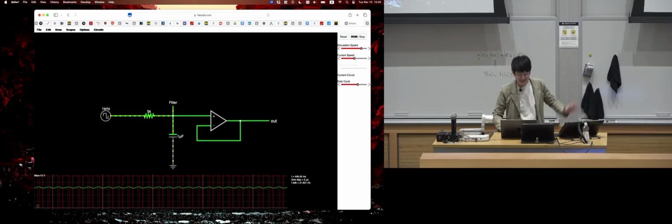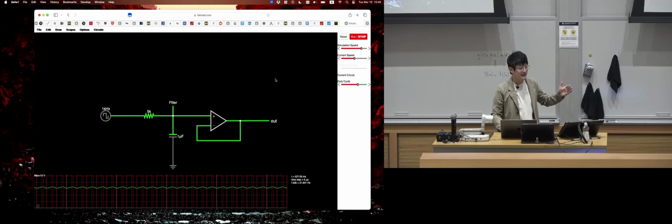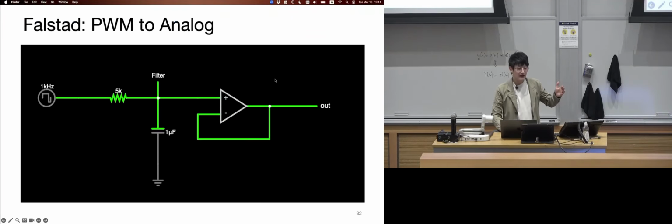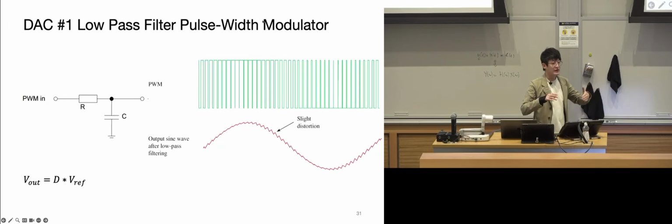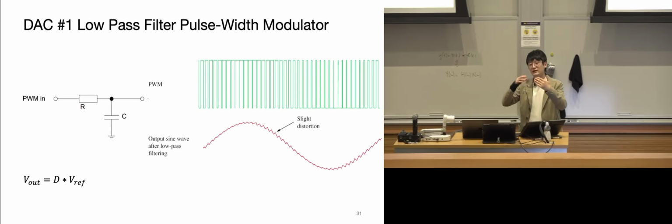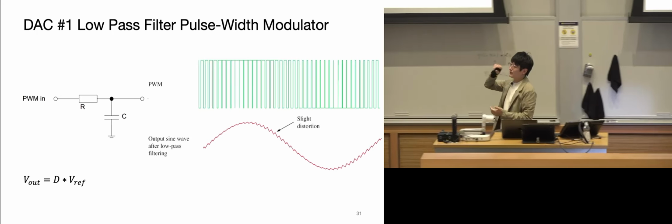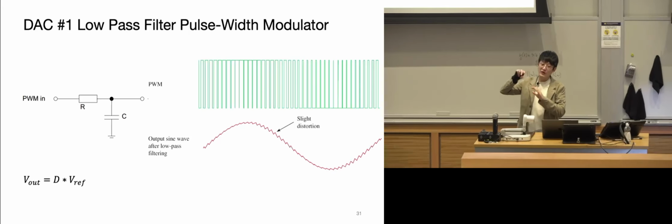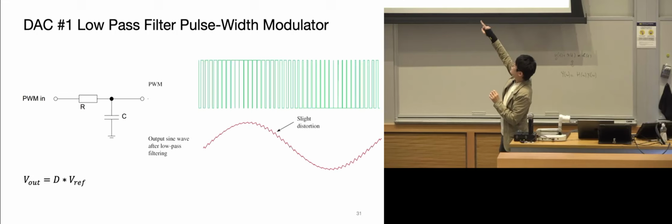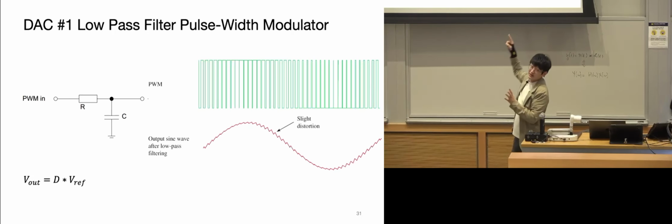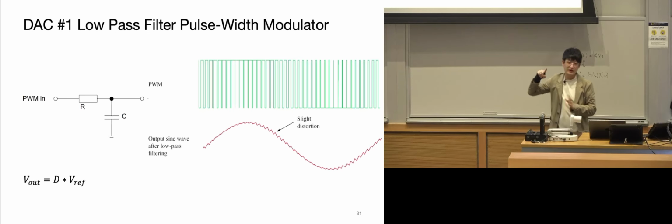Does this look good to everyone? How this type of DAC signal is generated? Essentially, a PWM signal corresponding to a value is connected to a low pass filter to ensure only the value that you want is able to enter the output pin. So you have this kind of zigzag shape of output.